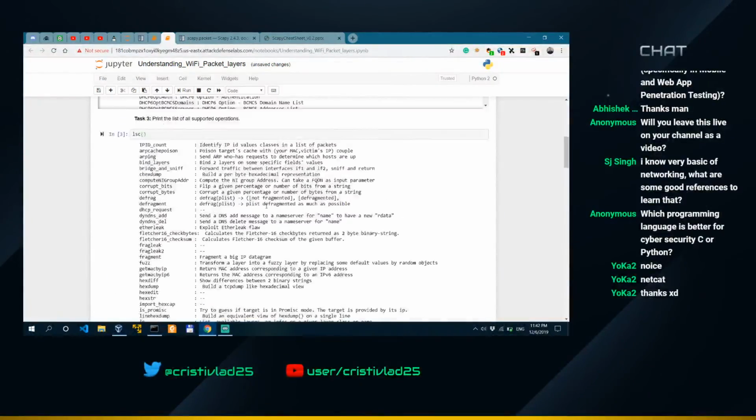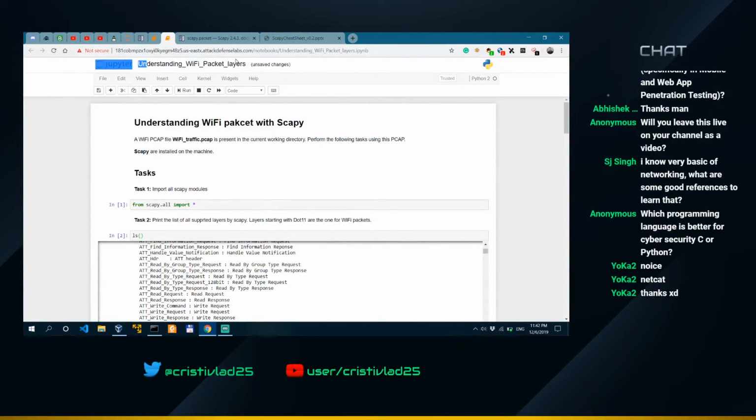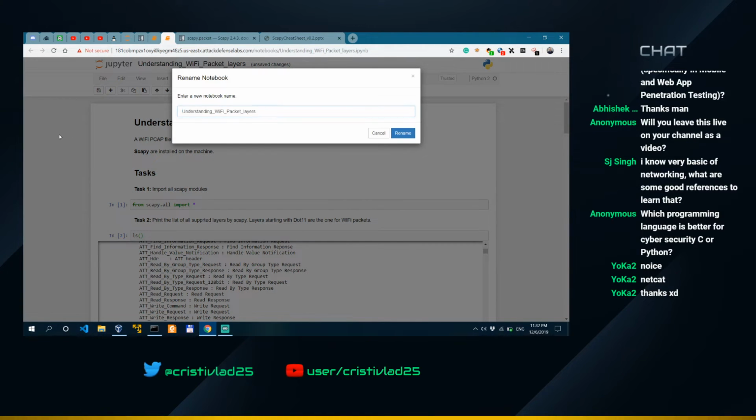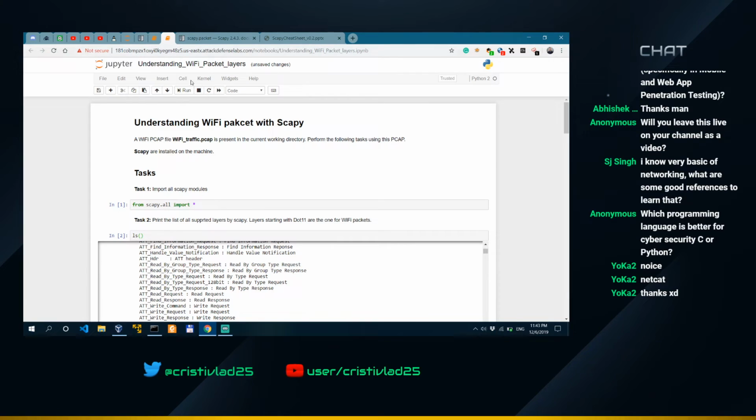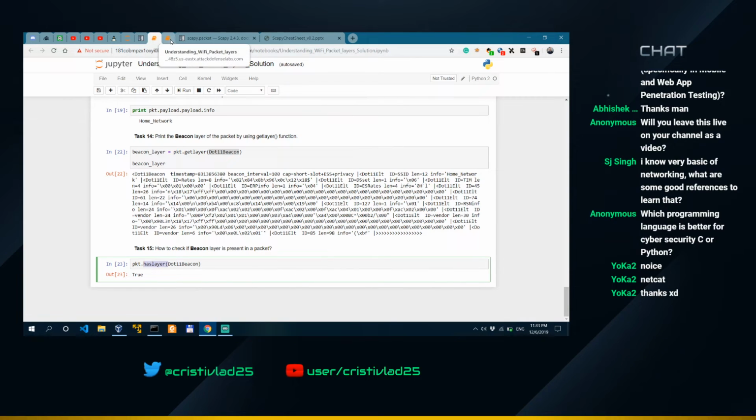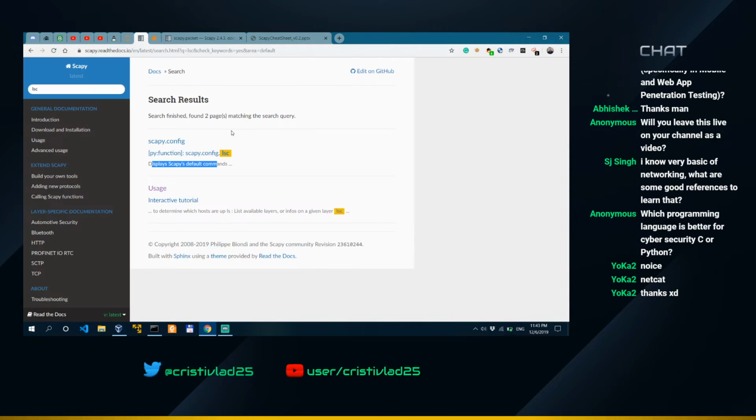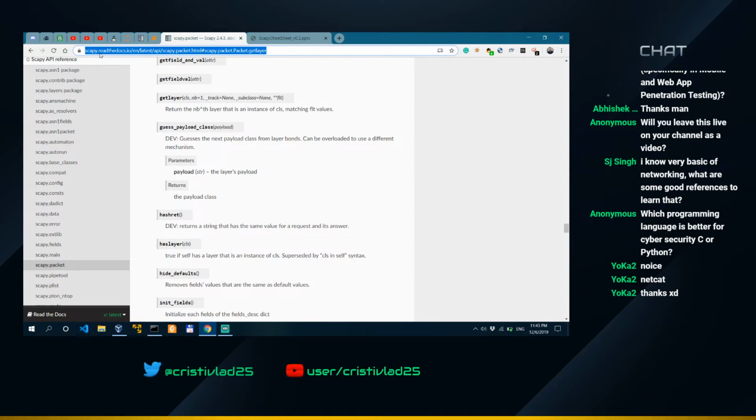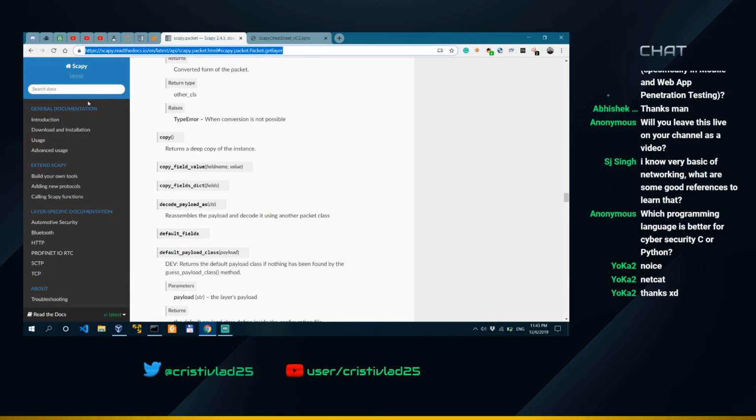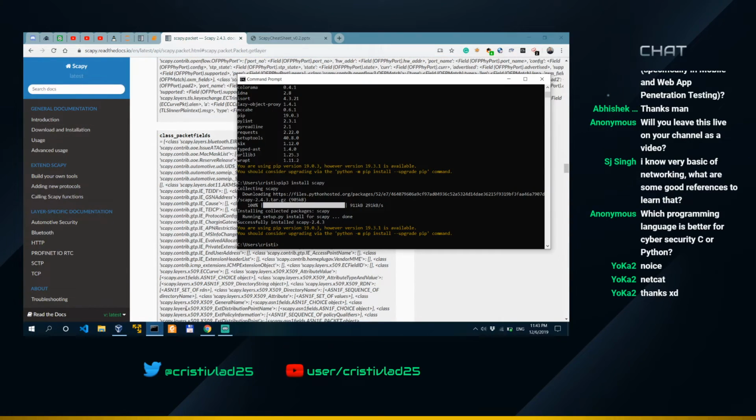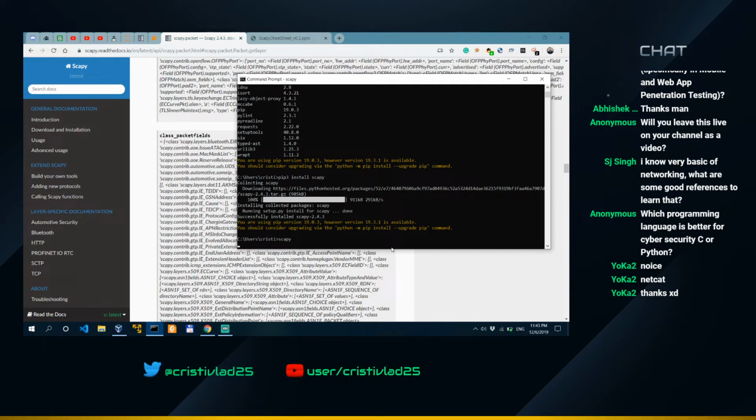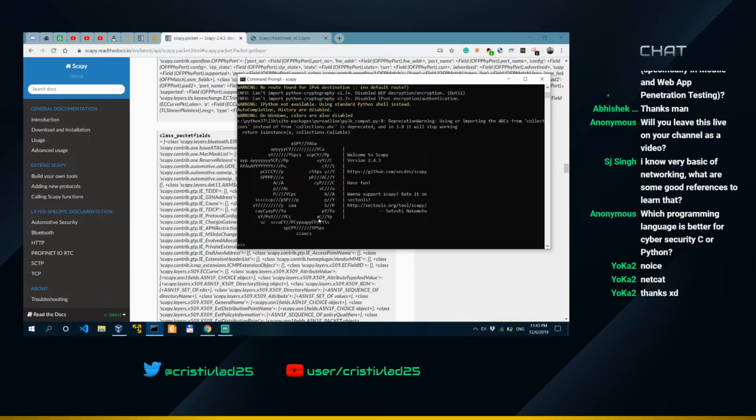Alright, so I guess this is for understanding Wi-Fi packets with Scapy. This was kind of passive, trying to learn Scapy by actually accessing its methods. Of course, I would read the documentation for more information on how to use Scapy. And it seems that Scapy has also been installed on my Windows here. So if I run Scapy, I should get into a Scapy console, and then we could do help